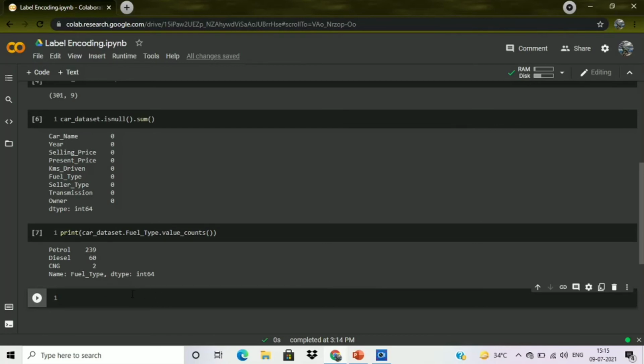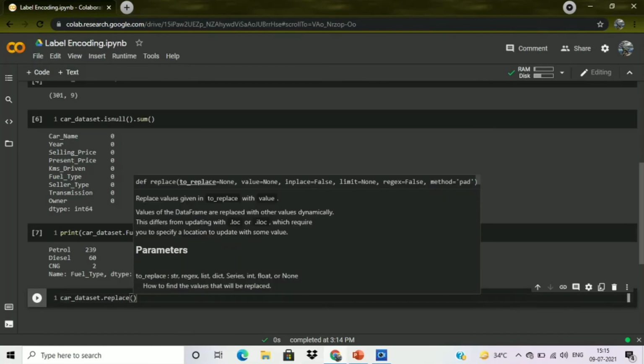Now we are going to convert these labels into numeric forms. Let me type the code, then I will explain. Car dataset.replace. The replace function will replace those labels into numeric forms.